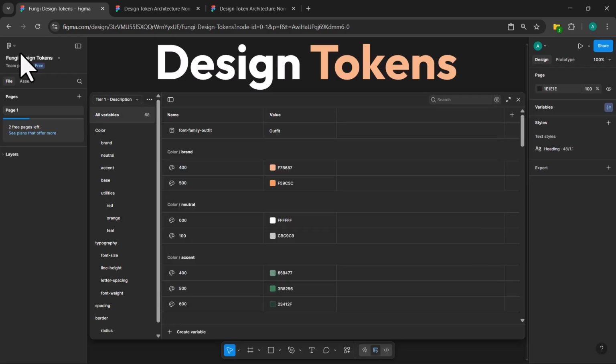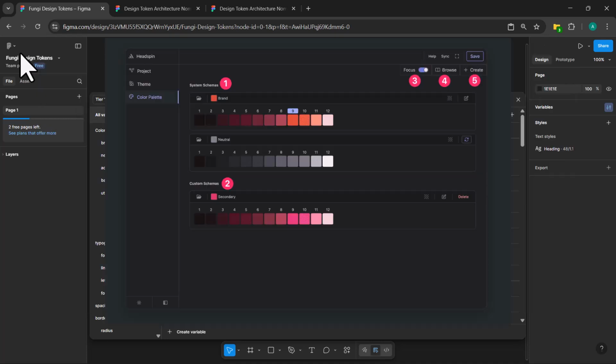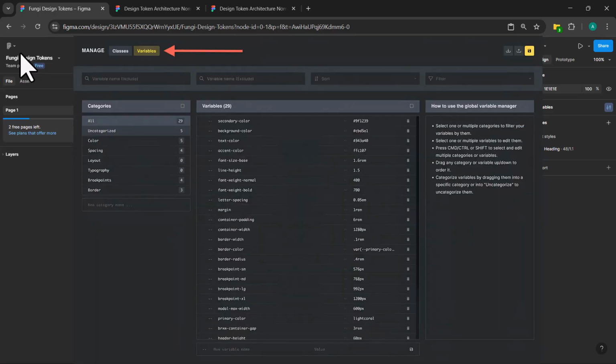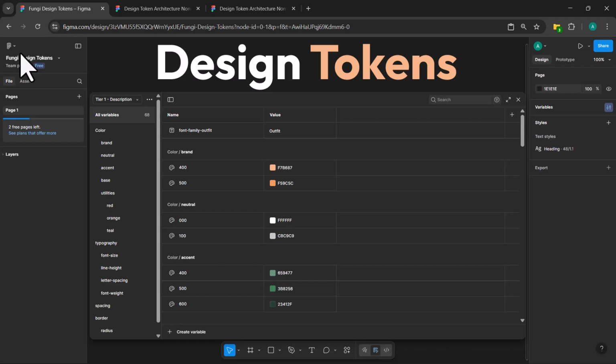Now, modern WordPress page builders are getting smarter about design systems. Oxygen 6 lets you create CSS variables natively inside the builder interface. Breakdance pairs perfectly with the free Headspin plugin for CSS variable management. Bricks Builder natively supports creating, maintaining, and importing design tokens via JSON. Builderius provides CSS variables and a solid framework with excellent capabilities. But here's the critical insight.